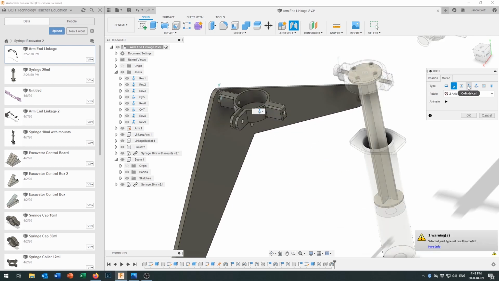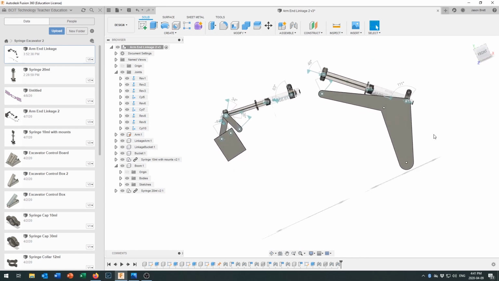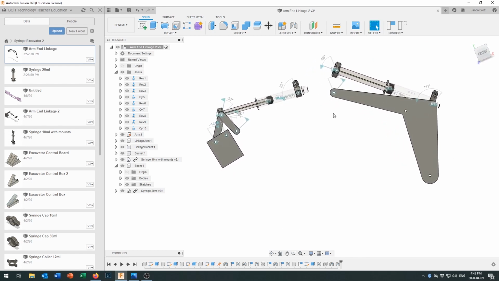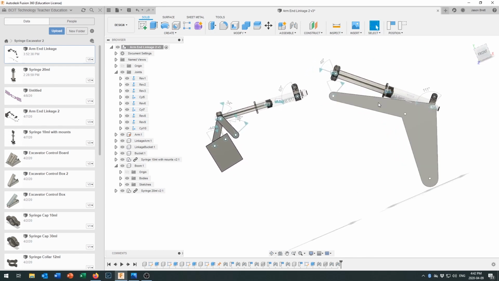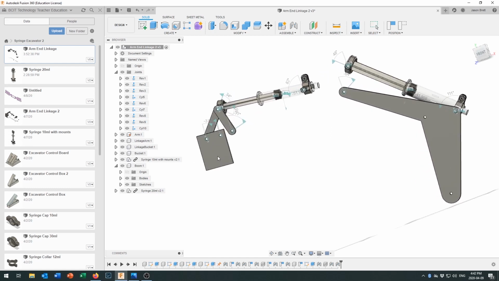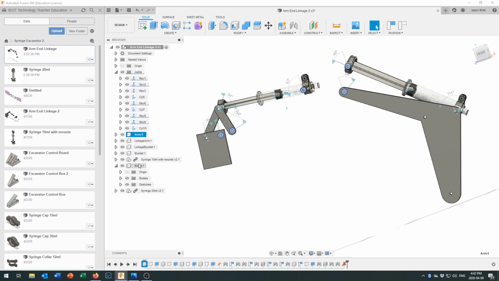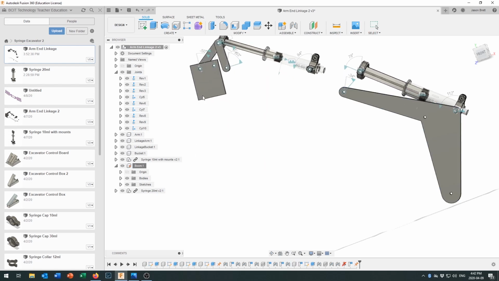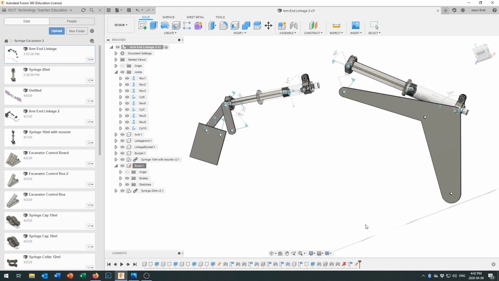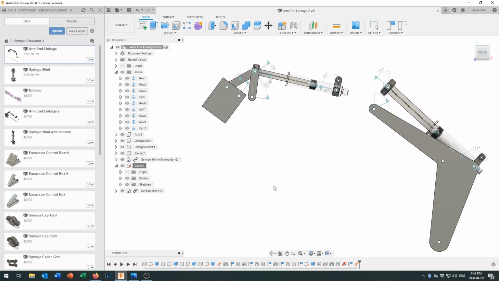Now remember, we use a rigid joint in one of the joints and a cylindrical joint in the other, so that the rigid joint keeps it from sliding side to side, but we don't end up with dimensional conflicts if something's a little bit off on the other side. Okay, now in order to get things to move, we do have to play around with the grounding on here. So there we go. We've grounded the boom,